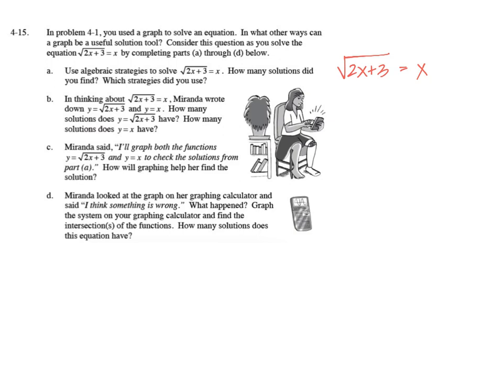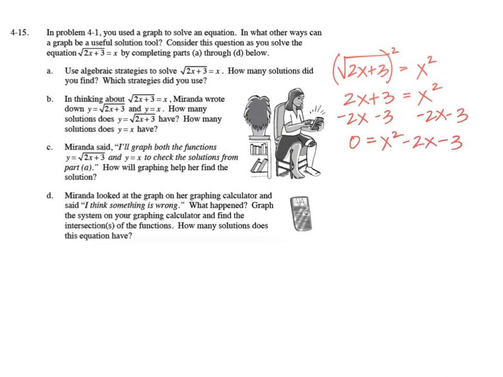Now, I don't know about you, but that square root's kind of getting in my way right now. So I'm going to go ahead and undo that by squaring both sides. When I do that, I'll get 2x plus 3 is equal to x squared. Now, I'm noticing that I could have a quadratic here if I go ahead and get everything on one side. So I'm going to subtract 2x and 3 from both sides to get 0 is equal to x squared minus